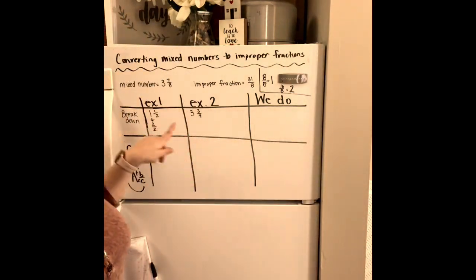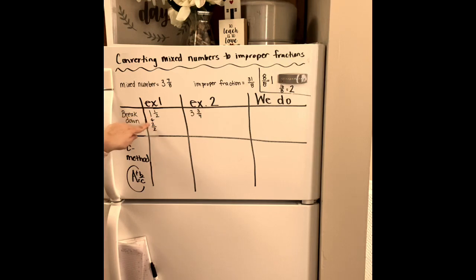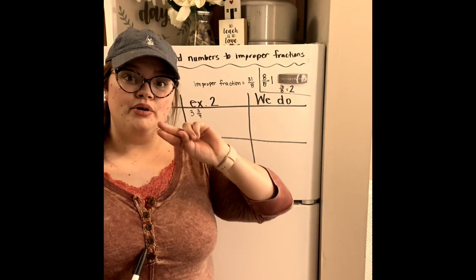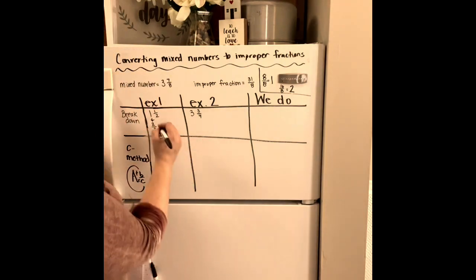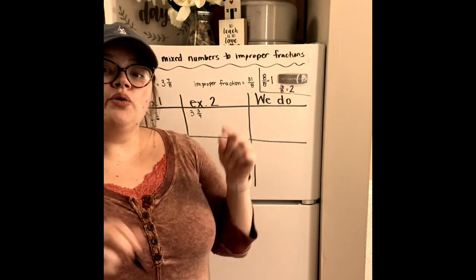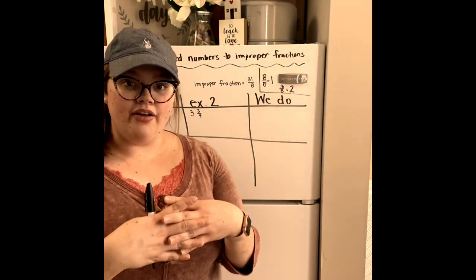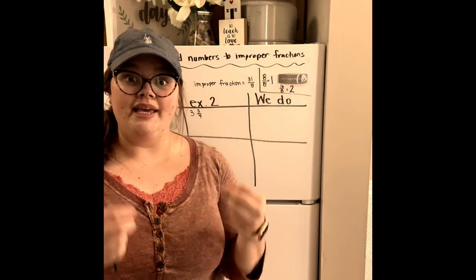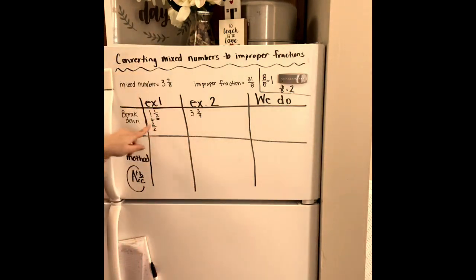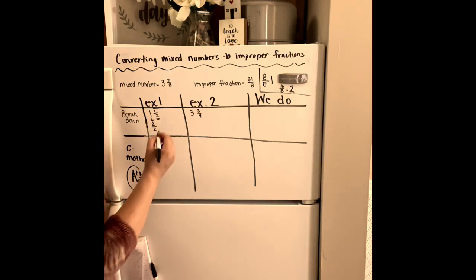So in this case, 1 whole equals 2/2. Now the reason why I picked the number 2 is because this fraction right here has a denominator of 2. So in order for this problem to work together, my whole number needs to be in halves or in 2s, okay? So 1 whole is 2/2 or 2 halves,